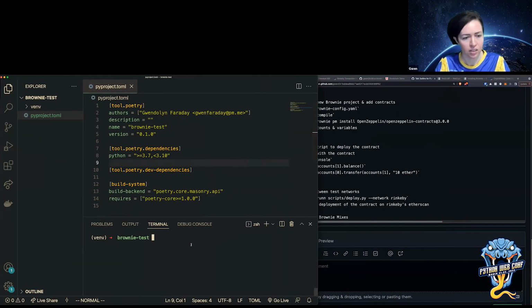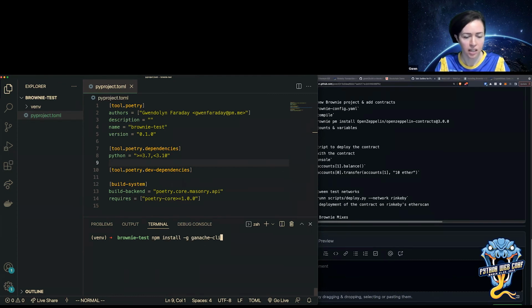It's JavaScript based, so you need to install it with JavaScript. I already have it installed globally. You can choose to install it globally or not, but you can basically do npm install ganache-cli.